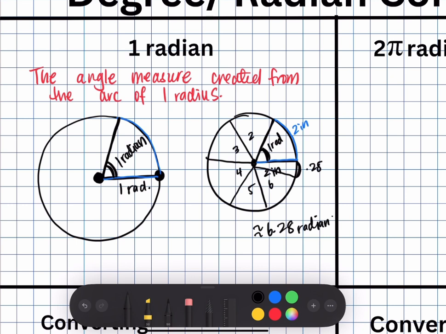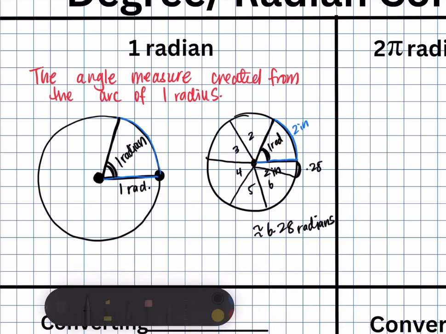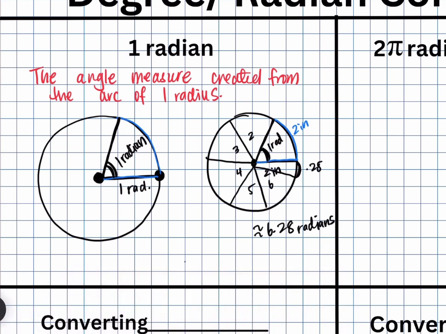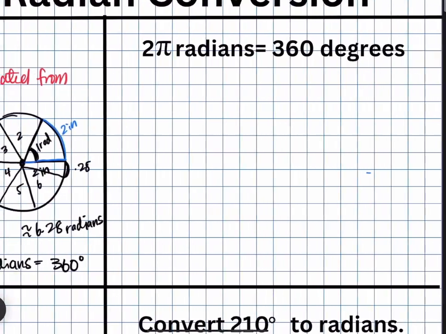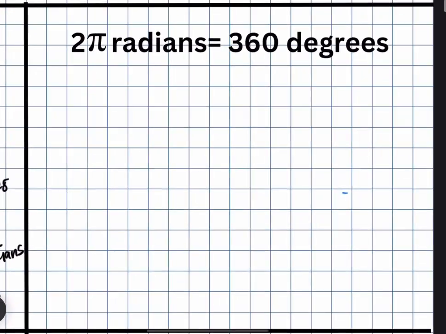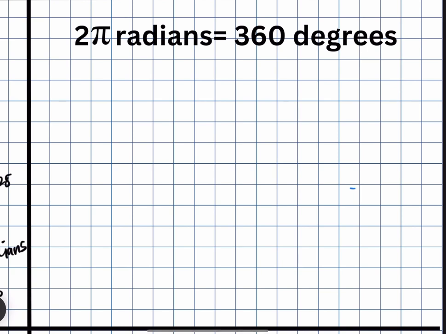And 6.28 radians, if I wanted to be more exact, is equal to 2 pi. So there are exactly 2 pi radians in one circle. So we could say that 2 pi radians is the same as 360 degrees. Okay? So now that we know that 2 pi radians is equal to 360 degrees,